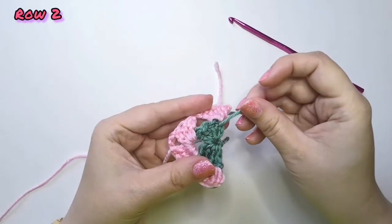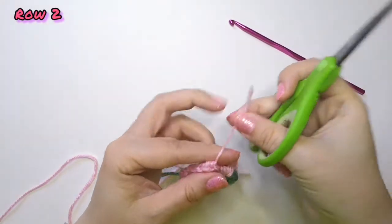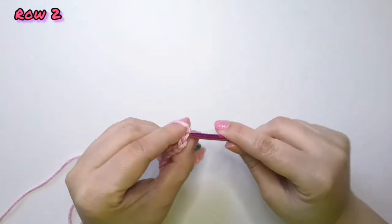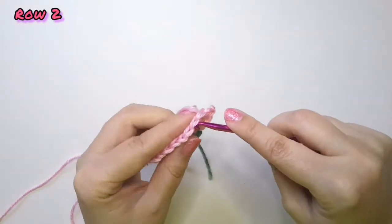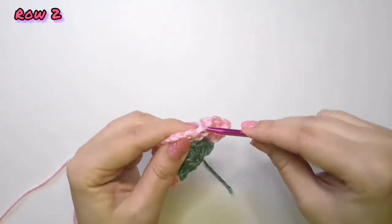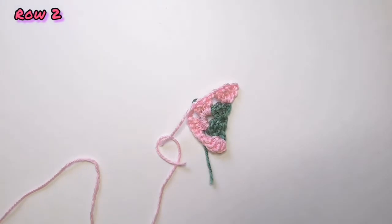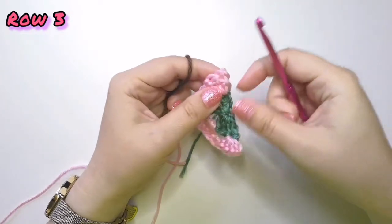Turn your triangle, cut the green tail and cut the pink tail. Now weave in the pink end, insert the hook into the first double crochet,